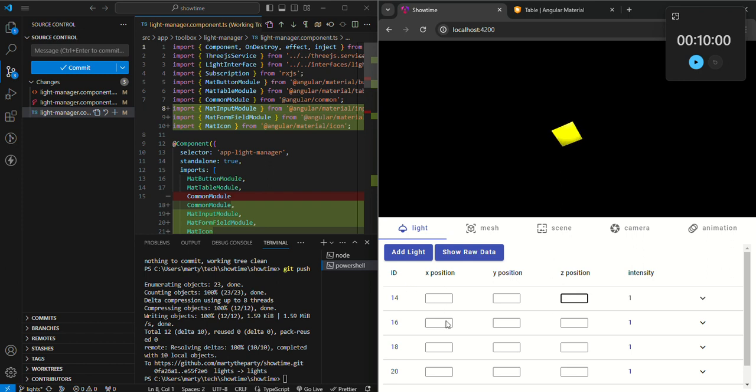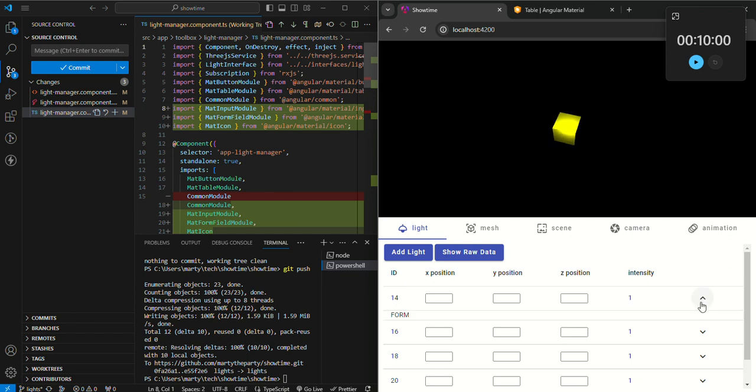I didn't think we needed the fancy inputs. It didn't make any sense to use them because it should be pretty obvious you're updating X position, Y position, Z position, and you don't really have very much space in here. And then intensity really needs to be more of a draggable thing, so I didn't make that updatable here. But then the idea is that you can come in here, click that and open a detail,